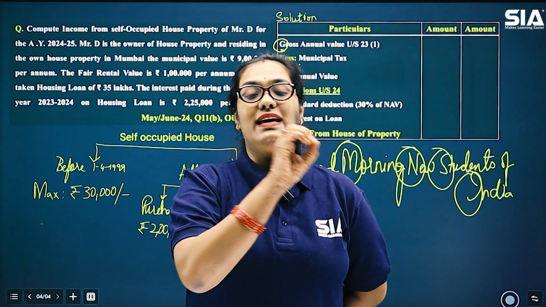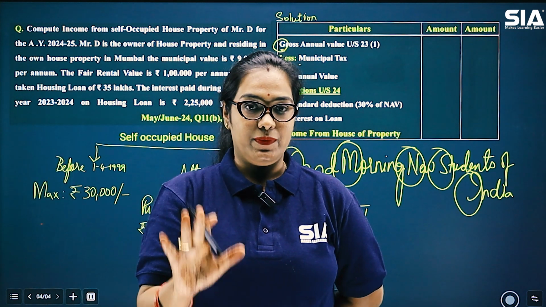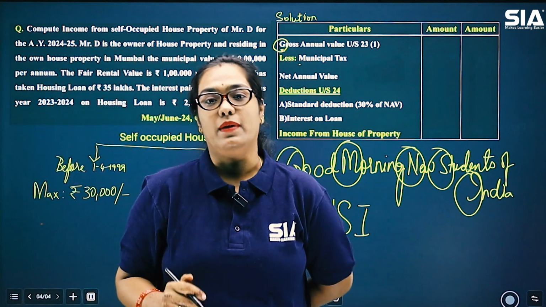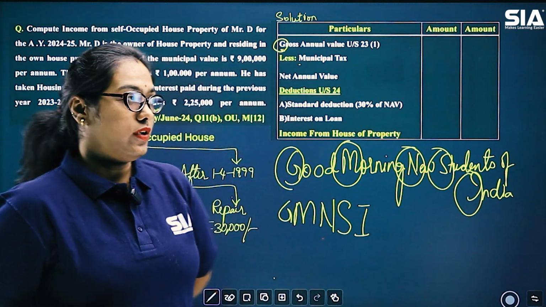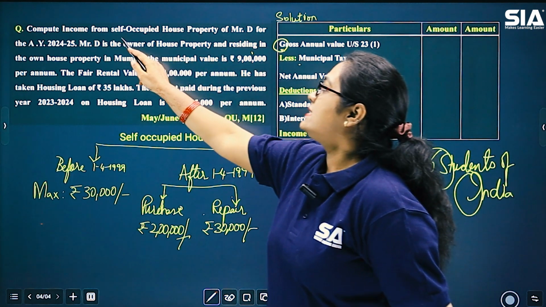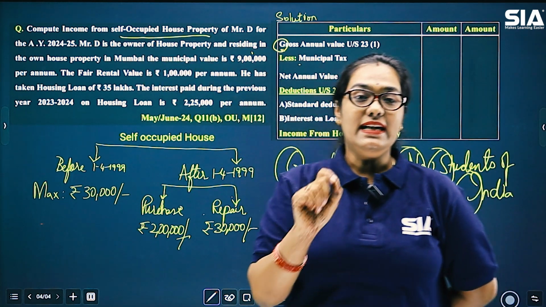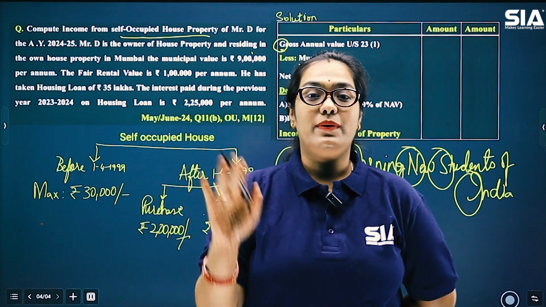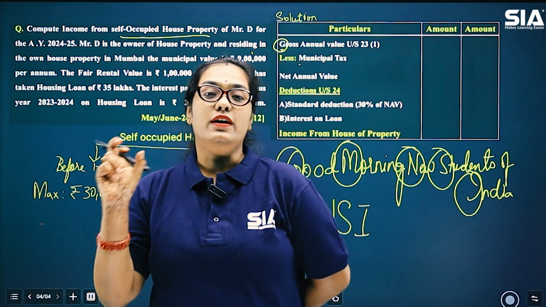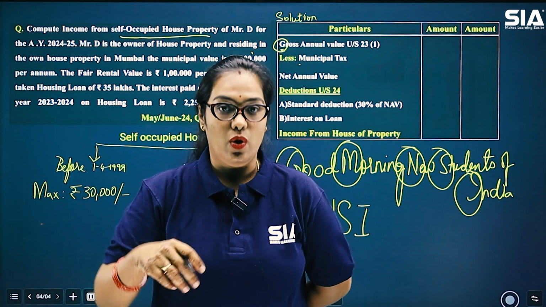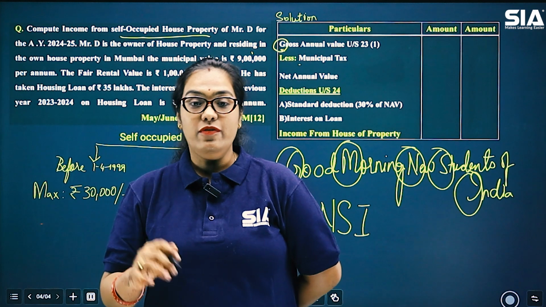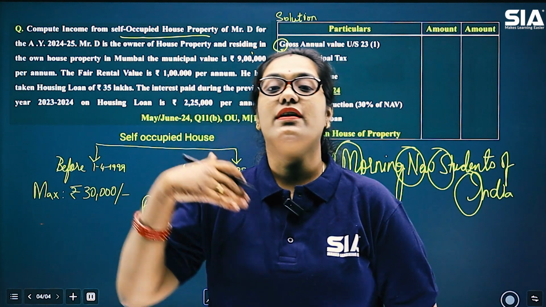So this pro forma is same throughout the chapter. So if you are able to remember this pro forma, you are half done with the solution part. Now, let's see how do we solve this. Here it is given to us that Mr. D is the owner of the house and it is a self-occupied house. Anytime it is given to you that the house property is self-occupied, always remember the annual value of the house is going to be 0 or nil. Why is it going to be 0 or nil? Is because if I am the owner of the house, I am giving it on rent.